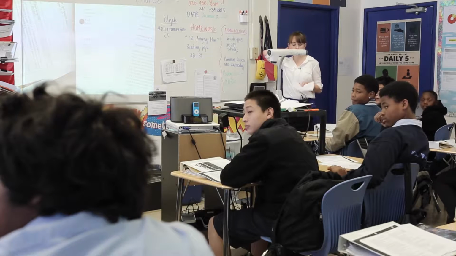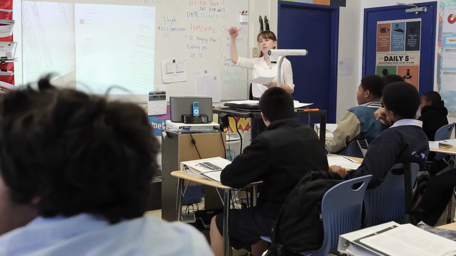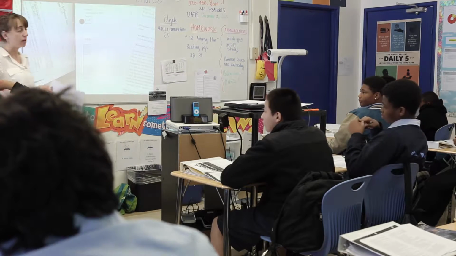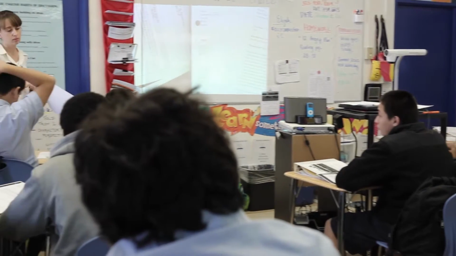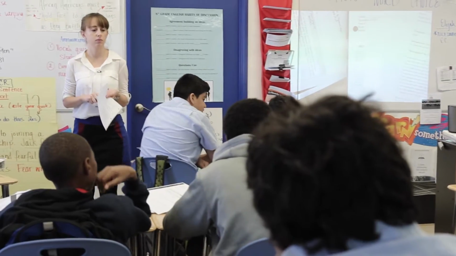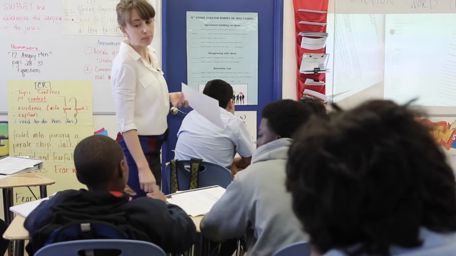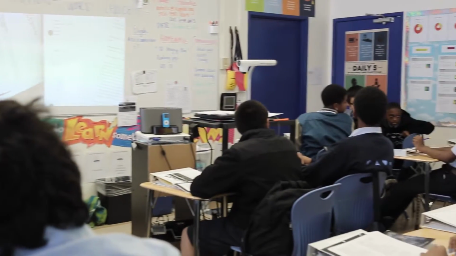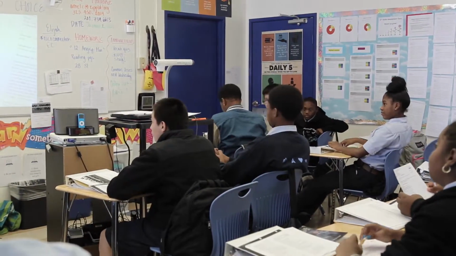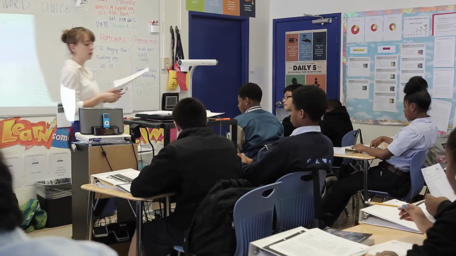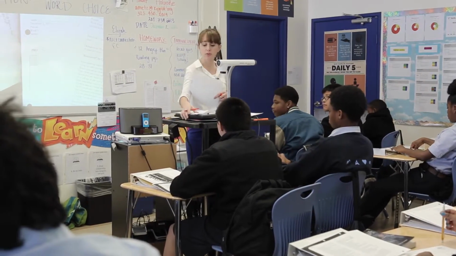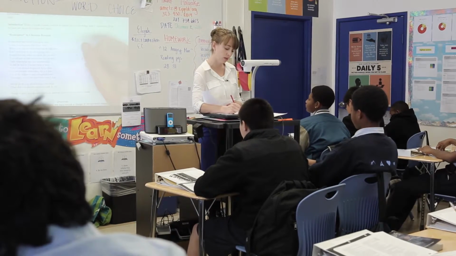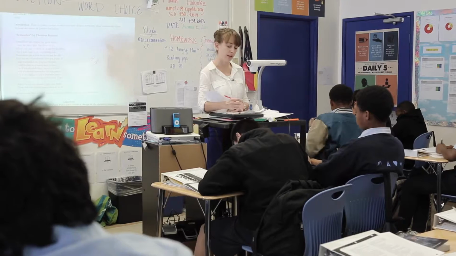Great, and so why does the author repeat the word remember? The author's last name is Rossetti, so you can use that when referring to her. She's using the word remember because she wants him to remember her. Who does she want to remember her? She wants her lover to remember her. Yes, you're exactly right. So if you don't have an annotation that says something along the lines of she wants her lover to remember her, then you should write that down. So I like how I see Sergio adding that to his paper.